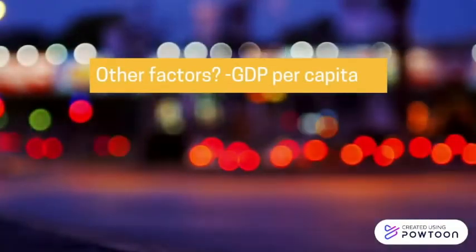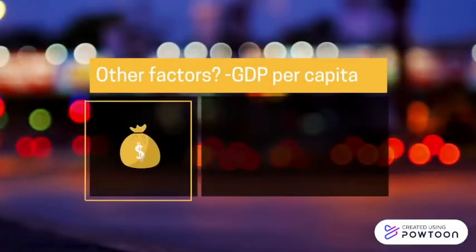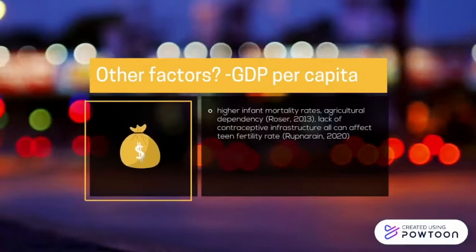As I said previously, there could be another variable involved that is acting as an independent variable to both the variables we are looking at, which is called a common cause variable. For example, GDP per capita could be one of those hidden variables. How wealthy a country is can affect infant mortality rates, which means women will start having children earlier in life to be able to produce more.